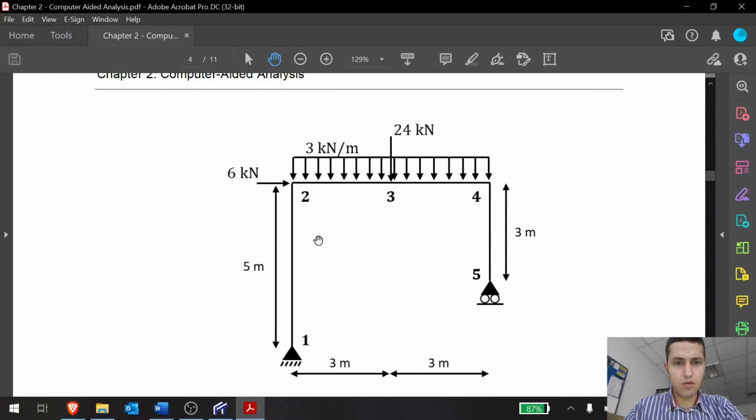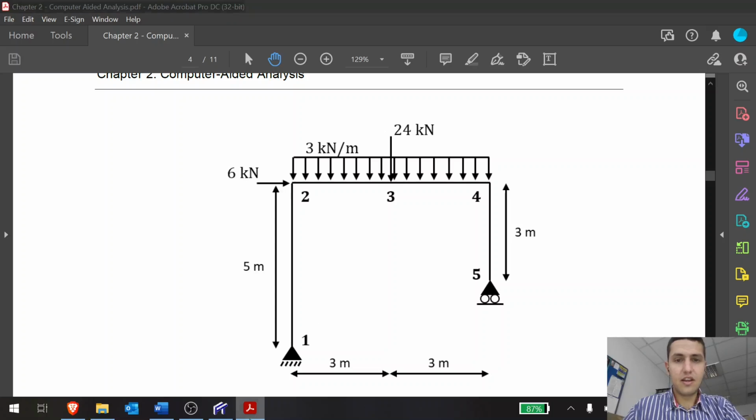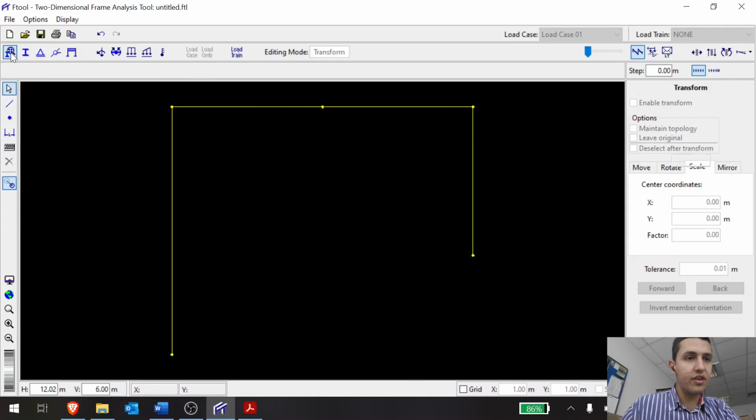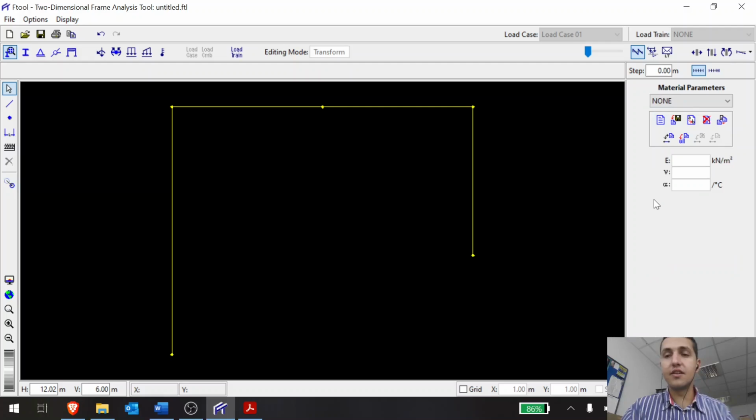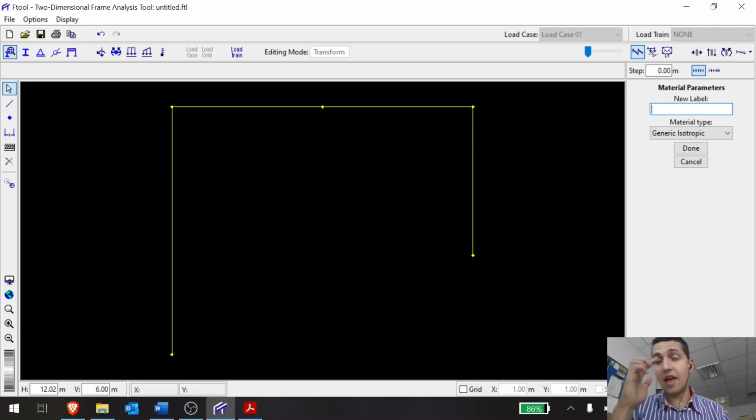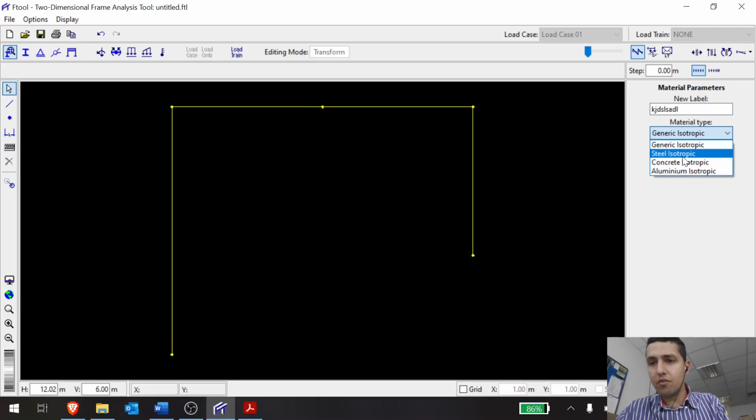All right, so now we have our structure done. So now we can play, for example, with the material, and we can start inserting the material properties. So the first button here is called Create New Material Parameter. If you press here, we're going to open a different box that tells us the name of the material and then the type of the material. The name doesn't really matter. You can write here steel, you can write concrete, but it's not the name that makes it that specific material. So you can actually just type any random stuff for your label, and then you can make, let's say,